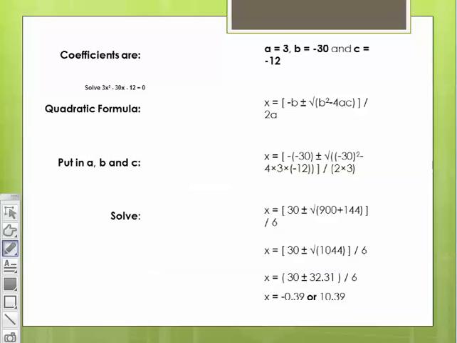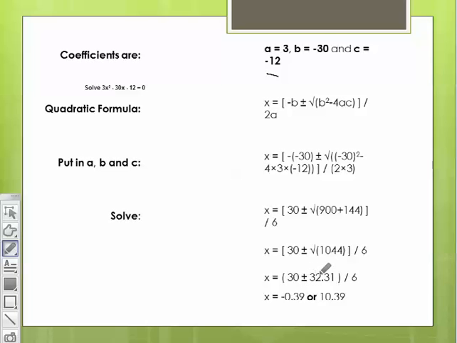So I'm going to put it all together, and what do I get? There's my a, b, and my c. I plug the values in, I work through the whole thing. I'm going to get 900 plus 144, and that's going to be 1044. Take the square root of that, and that's about 32.31. And 30 plus 32.31 is 62.31, divided by 6, and I wind up with, oh, it's a plus or a minus,